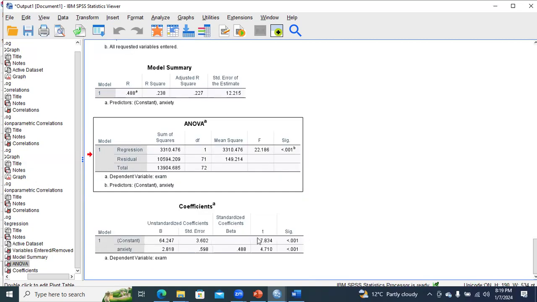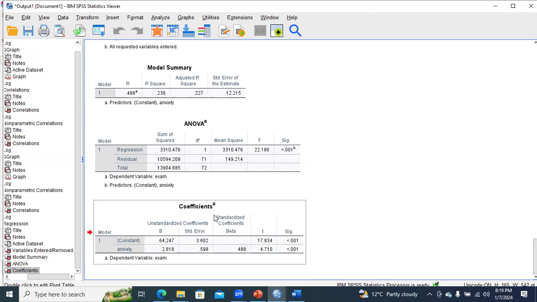Next, and the most important table, is the coefficient table, which will analyze your hypothesis. It will show you the constant in the first row, but it is not important for our interpretation. It will show you the impact of anxiety on your dependent variable, exam. And if you look at the value of beta, it is a positive value. The t value is 4.710, which is greater than 1.96. You can also see the SIG value, which is less than 0.05. So we can conclude that a higher level of anxiety increases the exam score,